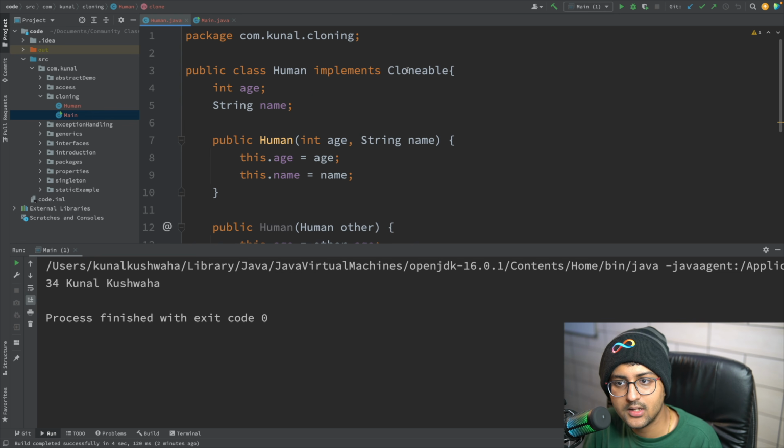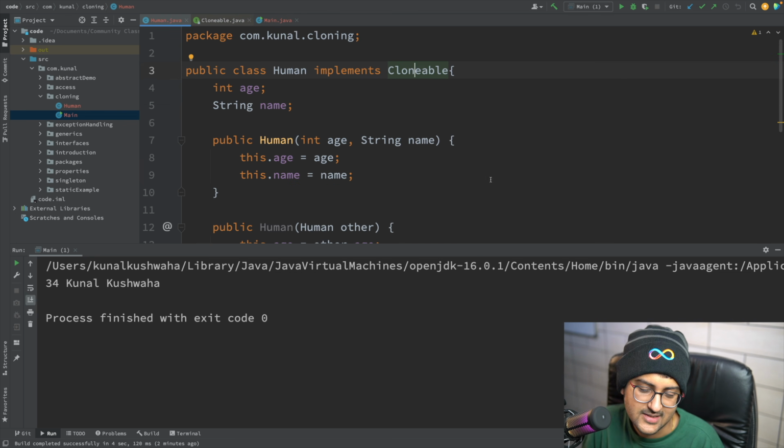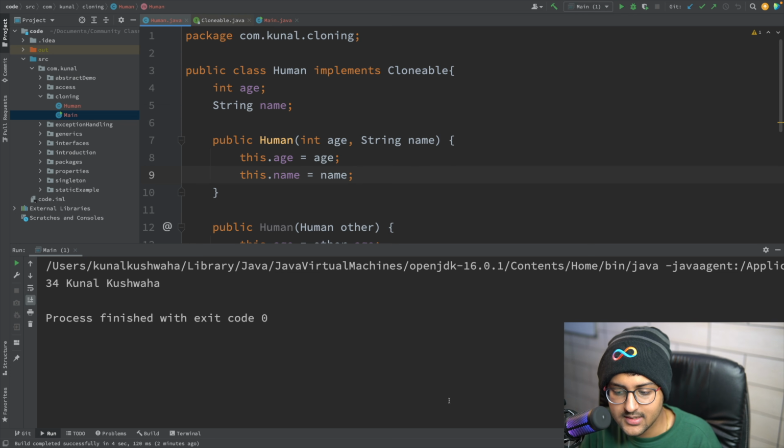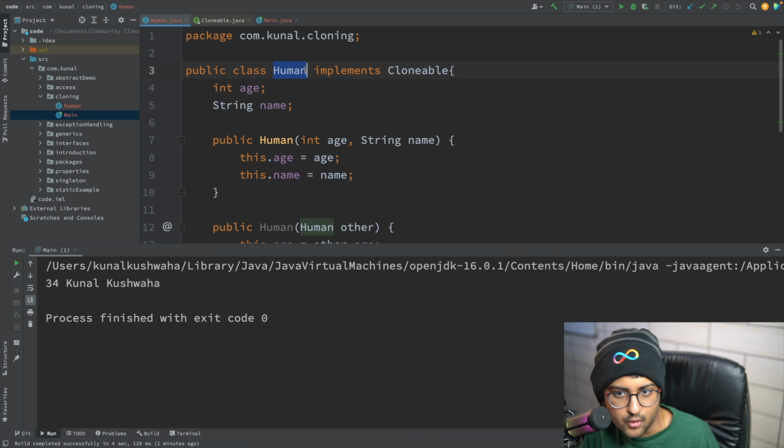A question you may ask: Kunal, this interface does not have any abstract methods, so why are you implementing it? Good question. It is a way to tell the JVM, the Java Virtual Machine, that we want to perform clone on our object of type Human. It's just telling the JVM that.